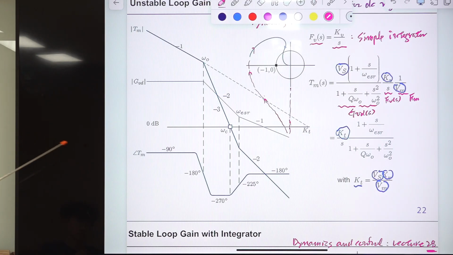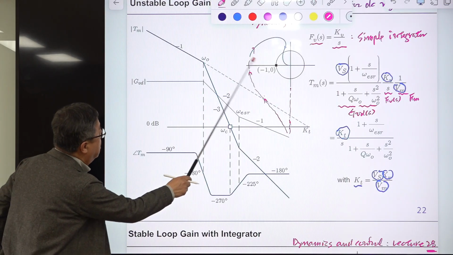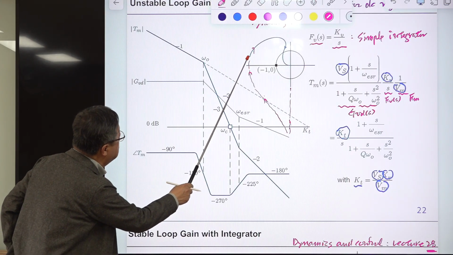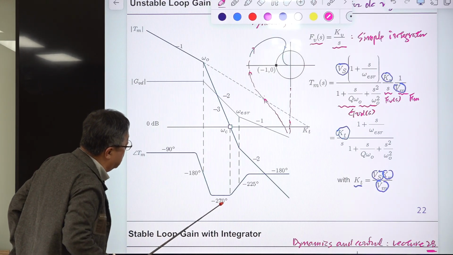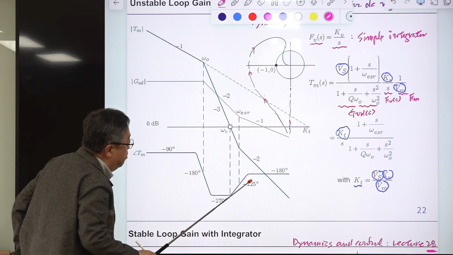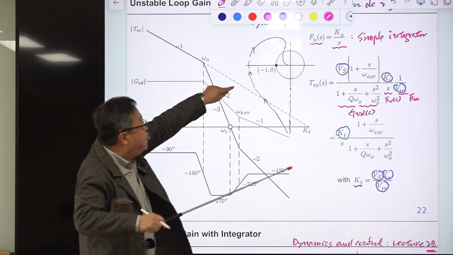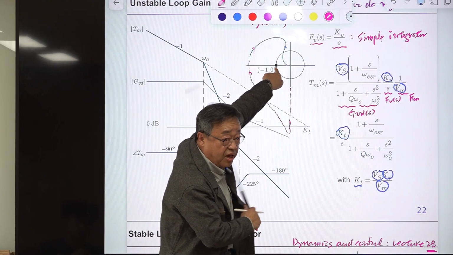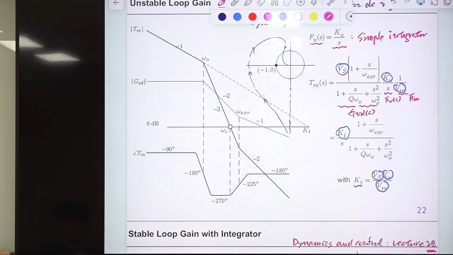okay? Because phase is minus 90 degree, and during this time, phase is passing through. The phase here is minus 180, and this phase is less than that. Maybe it is trying to approach minus 270 degree, which is this plus real axis, but there is a zero, so it goes like this. Then this is a critical point. If the polar plot encircles this critical point, then the converter is unstable. That is the result of Nyquist analysis. That is the result of the simplified stability analysis I presented in the previous lecture slide.